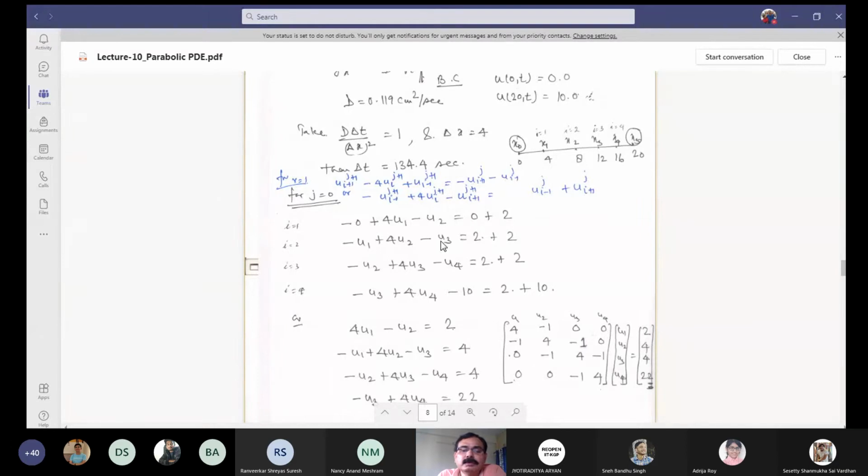So that part is clear, that for any fixed J you will get these 4 equations. So you need not write J, only keep in mind for what J you are moving, you are doing the things. So for J equal to 0, we are doing the things. So we'll get for U11, U21. These are the variables which we have to get: U11, U21, U31, U41. You will get these values once you solve it. Is that right?